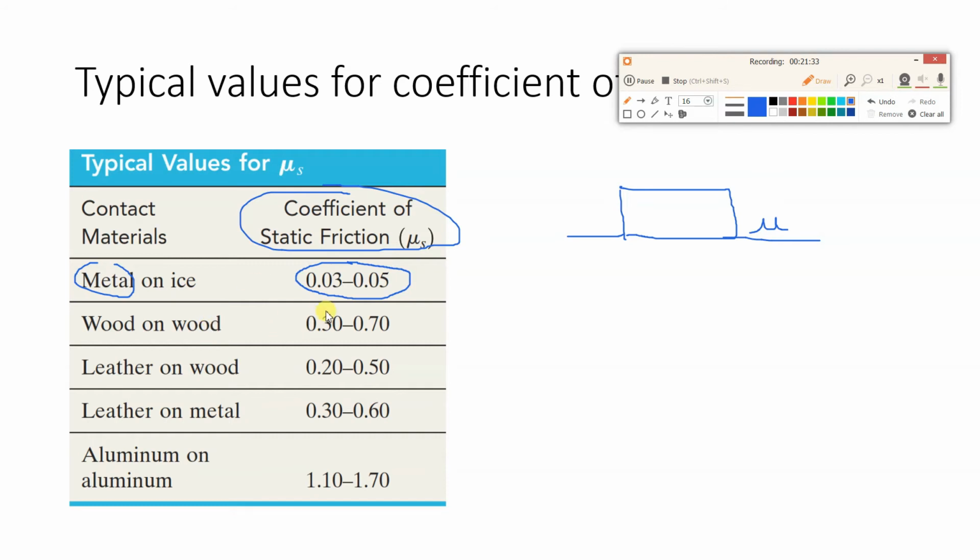That is why in this table a range has been given. This table has been given to you so that you can have an idea what the range is for the wood to wood coefficient of friction. There could be some wood where the coefficient of friction is greater than 0.7, or there can be a surface where it is less than 0.3. That can be possible. So this table gives you a basic idea of the range of this coefficient of friction.